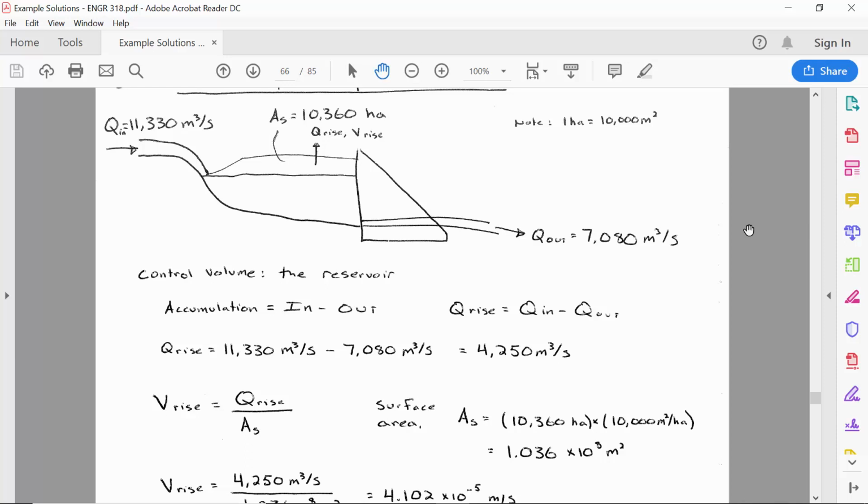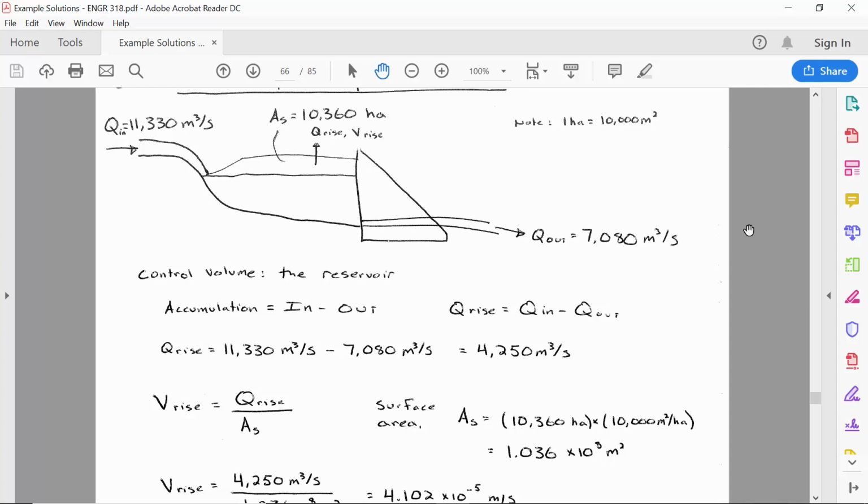All right, so we know the surface area of the reservoir, and we can easily calculate the difference between in minus out. Remember, that tells us accumulation. If there's more in than out, there's a positive accumulation, and that's the case here. We have 11,330 coming in, 7,080 going out, and I call that Q rise because it's the rate of accumulation in the control volume that's